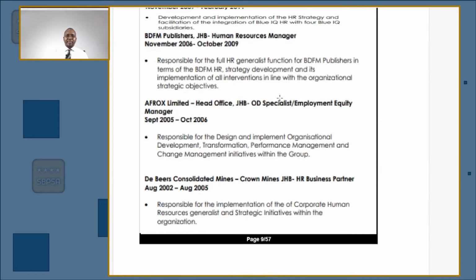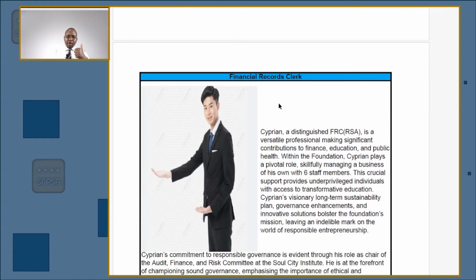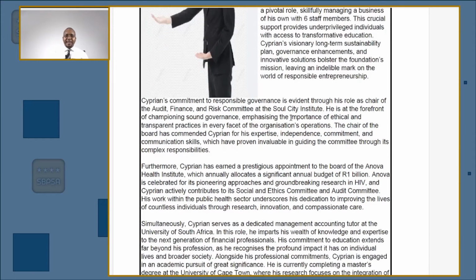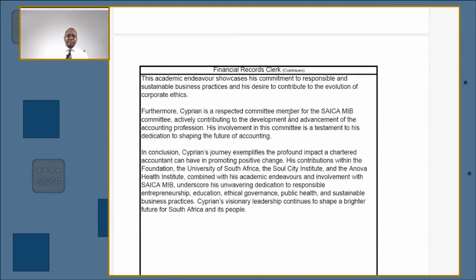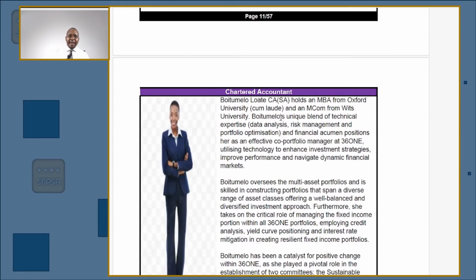It's quite a qualified person there. Then, of course, if you want to know that the figures of the financial statements have been well taken care of, we need to include, and that's what SPPSA is now doing, some background information about the financial records clerk as well. We give information about who this person is, what the qualifications are, where the person trained, what the experience is, and where this person is looking into the future. Here is a chartered accountant, Boiti,